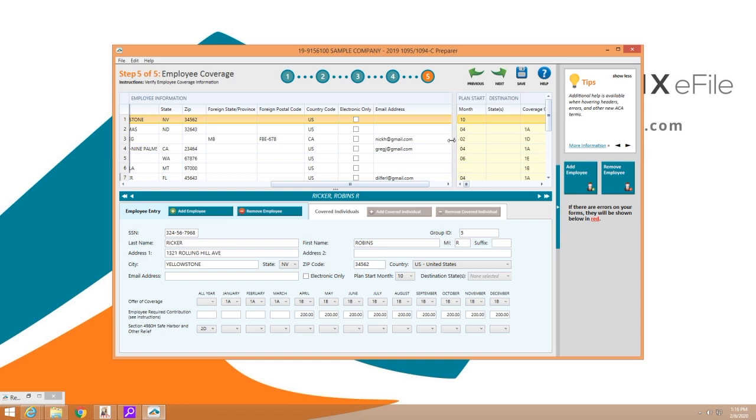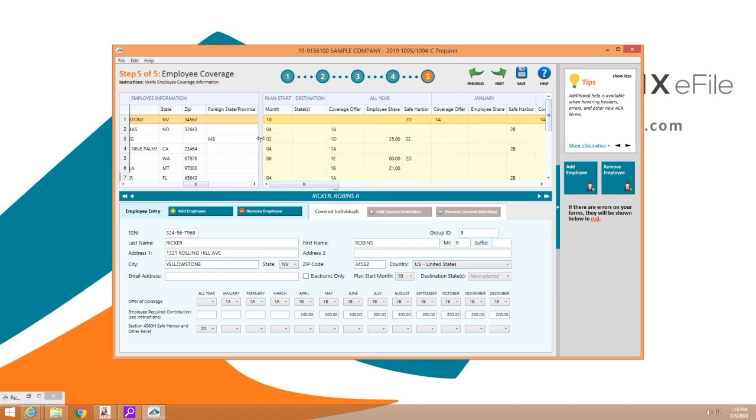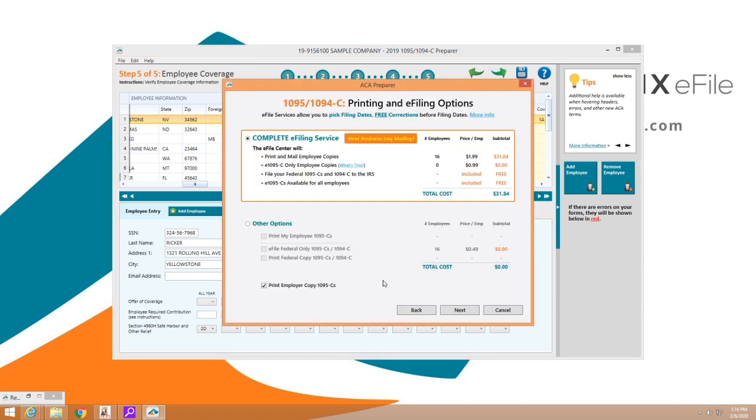This will be listed over here on the left-hand side. As I scroll over, you can see the plans as they are listed. Once you've confirmed that information, you move forward, and I'll have the option to select the level of service you're looking for. Obviously, the best practice is the complete eFile service, where we will take care of everything for you,